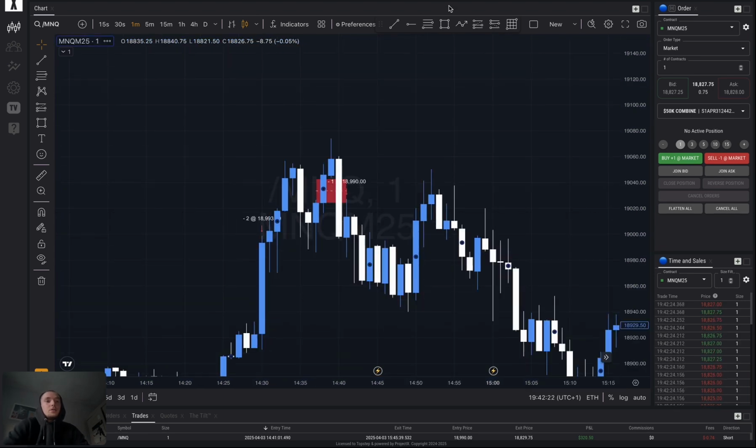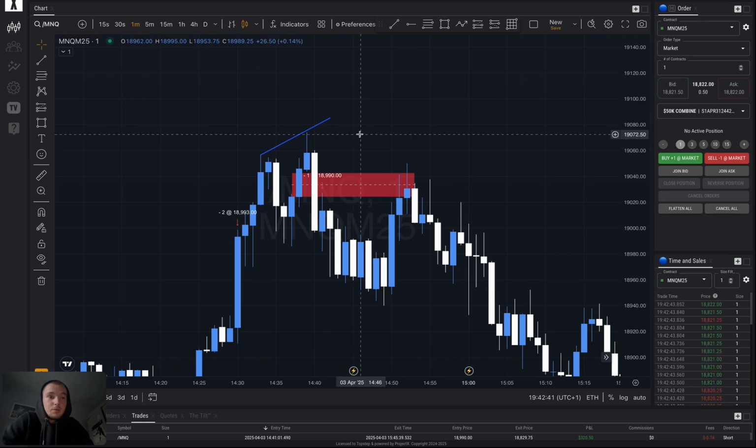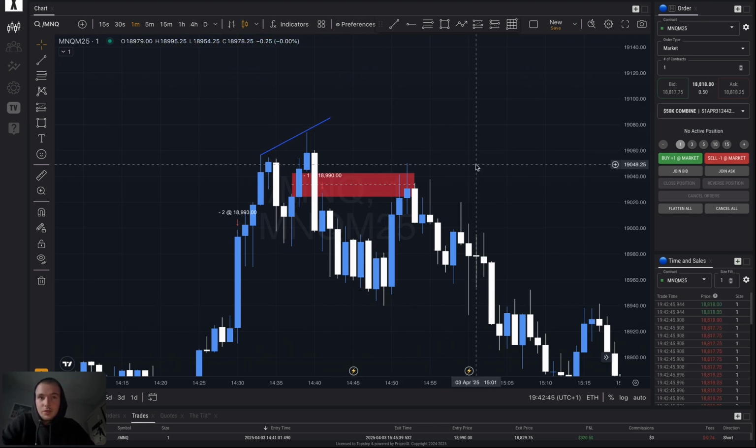Yeah. So summary: hourly liquidity swept, SMT created, inverse fair value gap, and a break of structure. We could have re-entered, to be fair. Re-entered on this fair value gap here that was created, with our stops above the high, but we didn't because